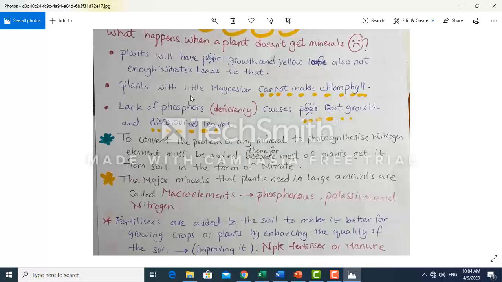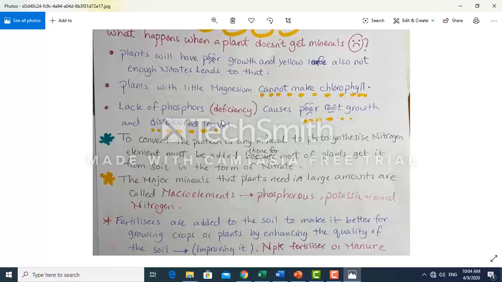Plants with too little magnesium cannot make chlorophyll. Imagine that a plant cannot make chlorophyll. That means it cannot make the green pigment. So the inability to make chlorophyll is caused by a deficiency, which means not having enough magnesium. And when it gives me poor growth and yellow leaves, that means I don't have nitrate. The third thing here is that when we don't have enough phosphorus, it causes poor root growth and